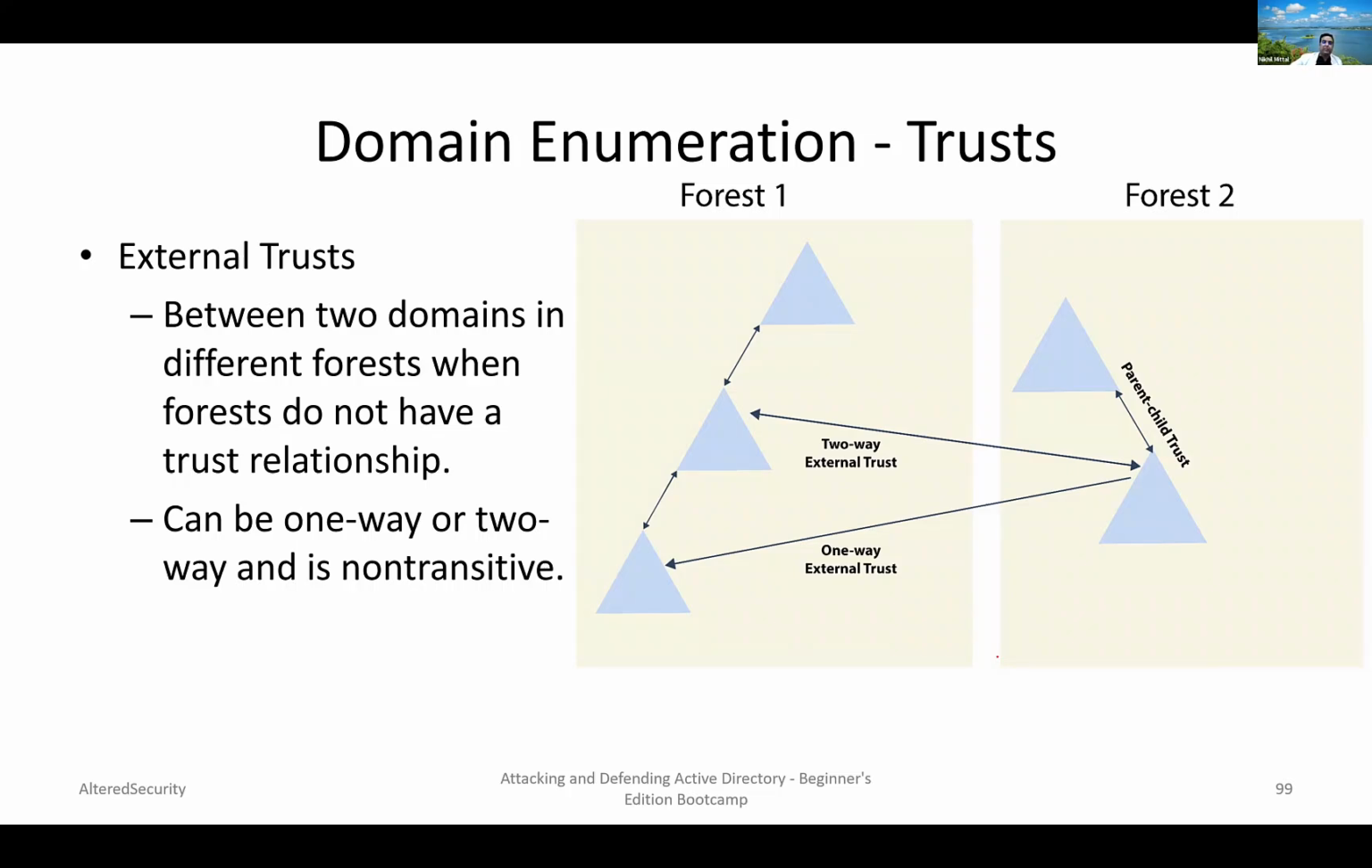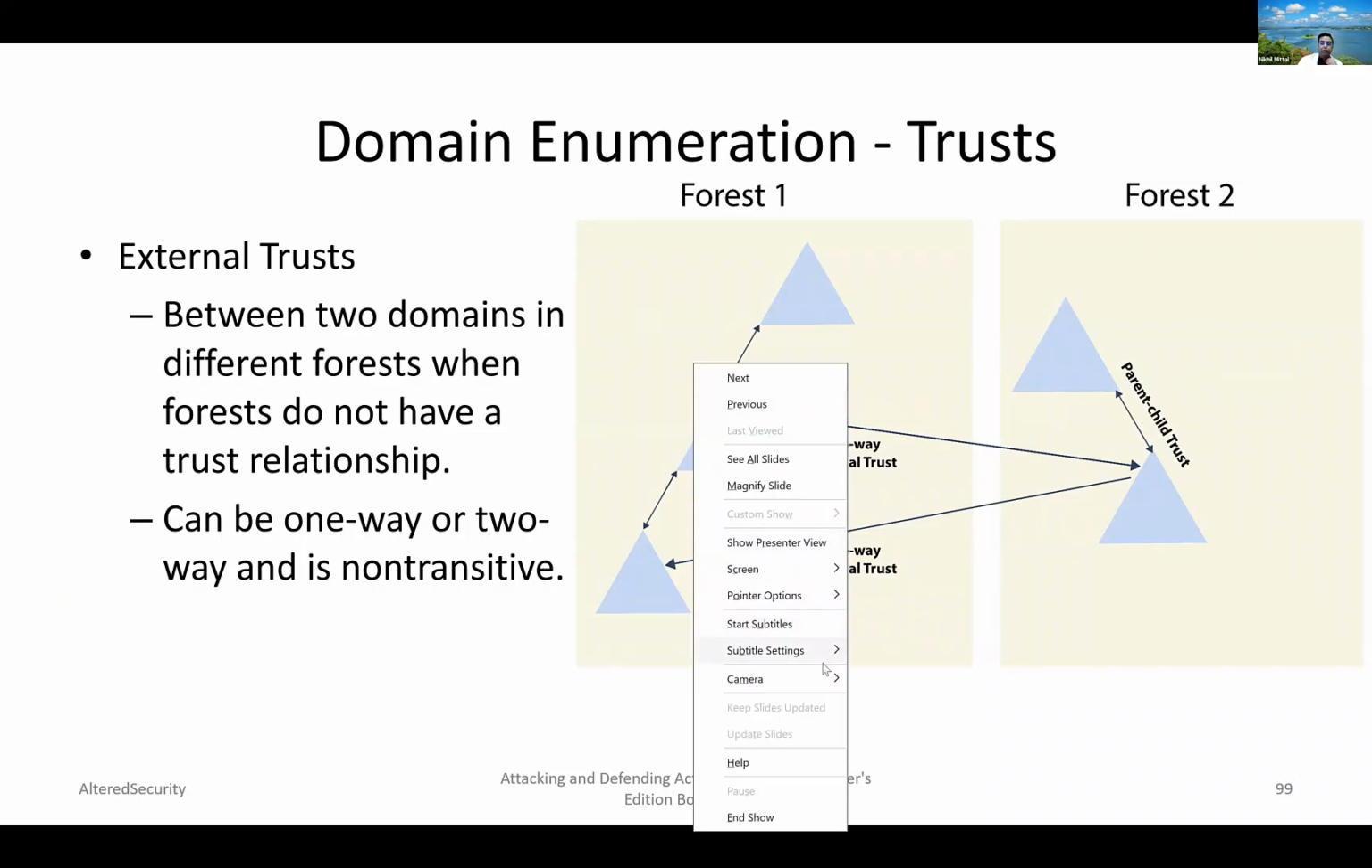So an external trust is a trust relationship between two domains of different forests where at least one of the domains is not a forest root. So a trust relationship between forest root domains is called a forest trust. It is not called an external trust. So that is a different type of trust, which we'll discuss on the next slide. External trust is a trust relationship where at least one of the participating domains is not the forest root. For example, here,